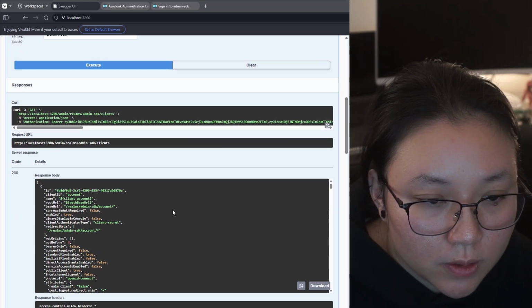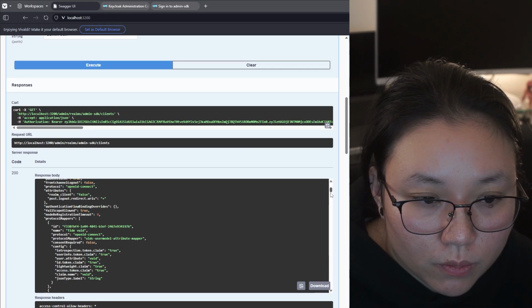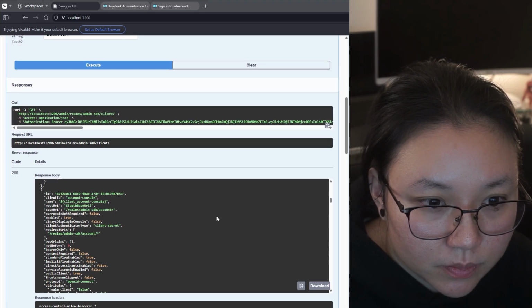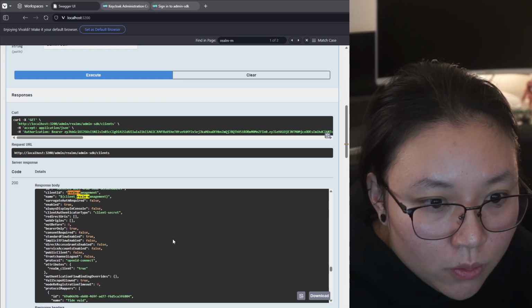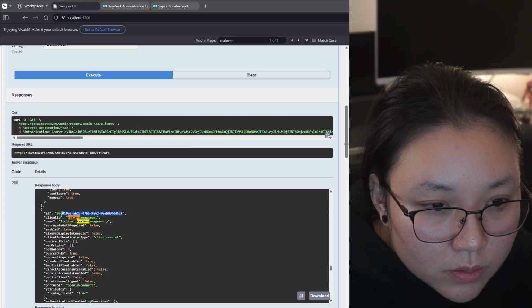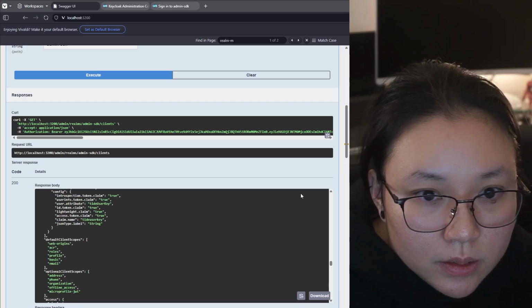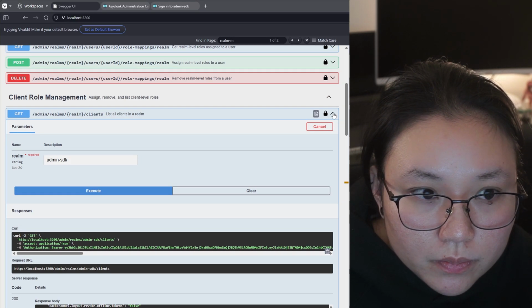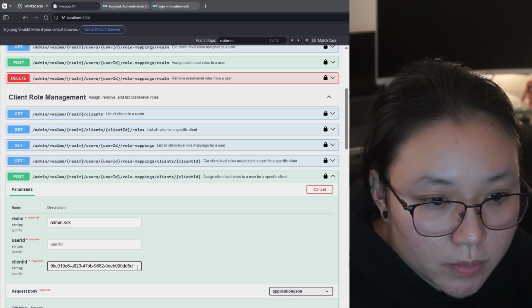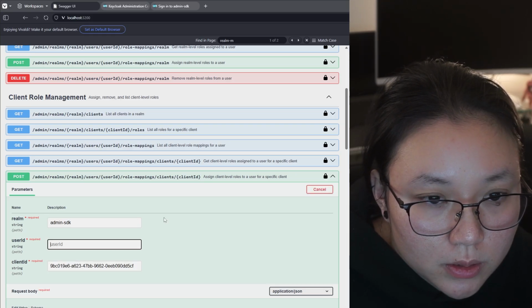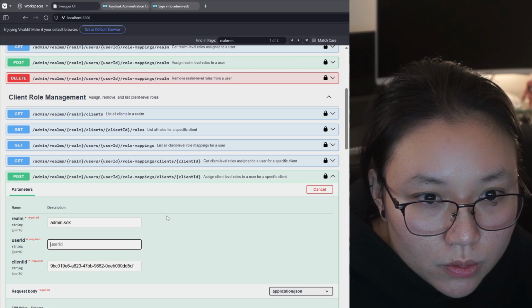It's a client's role that lives under realm management. Realm management. Cool. So I grab that ID here. Go to do a post. Now, realm management. Probably need to look for that role as well. So